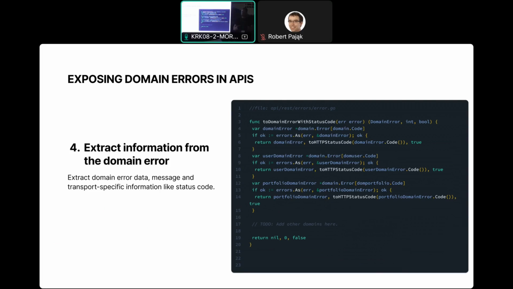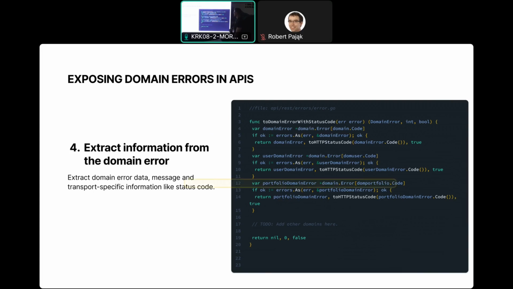Since your domain error model satisfies the error interface, you can just unwrap it and find out if this satisfies this definition. And here, the important part is, since you've defined the domain error as a generic error type, and you used the code from the particular domain, you know from which domain it actually came from, which is super useful because now you get generic domain errors.